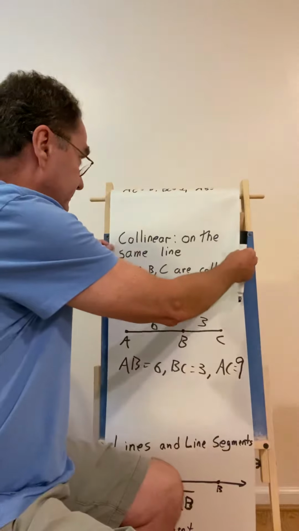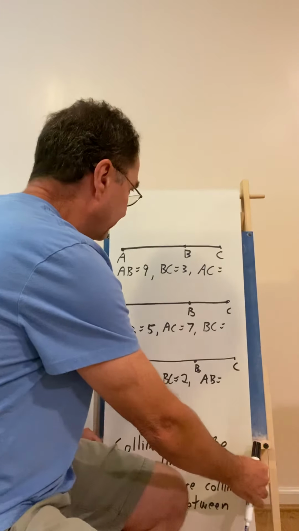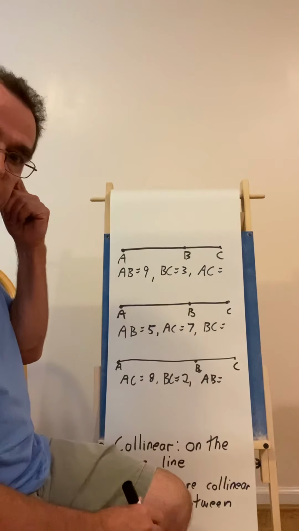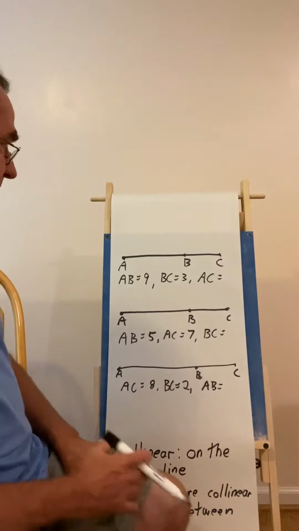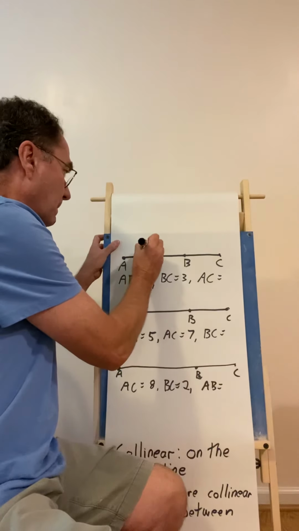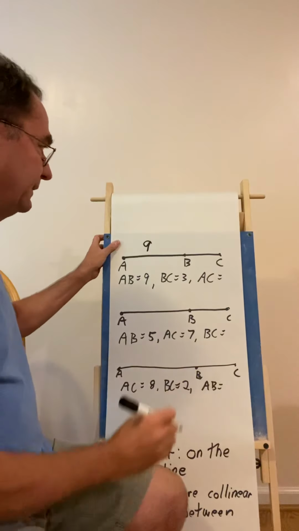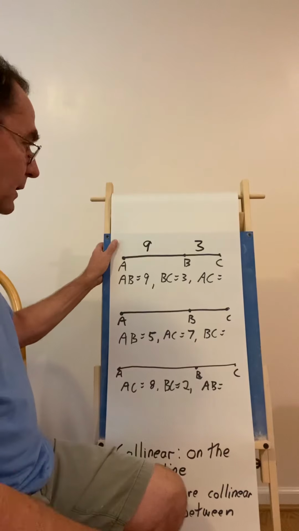All right, let's just do that a couple more times and make sure we're on the right track here. Okay, you see 3 more examples like this, right? So what we see here is AB is 9, BC is 3. What is AC? Well, just like the